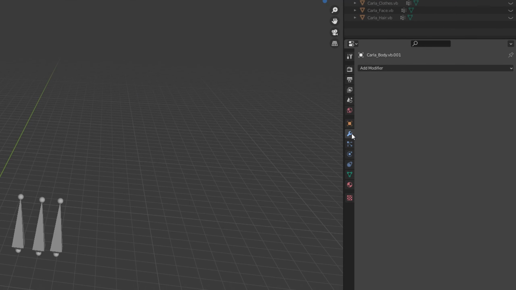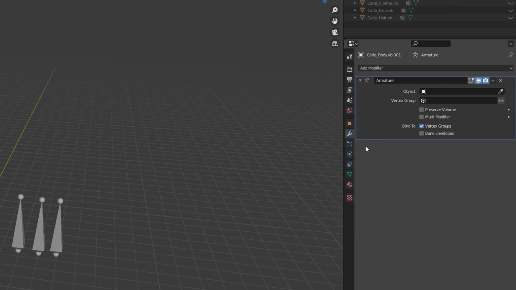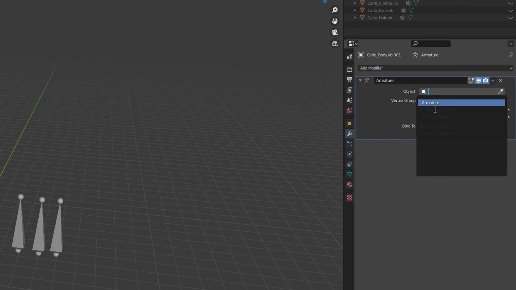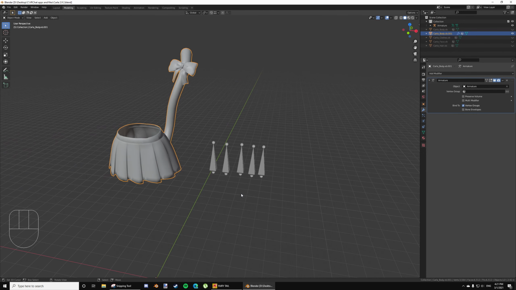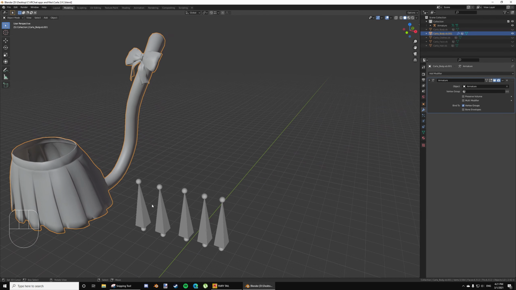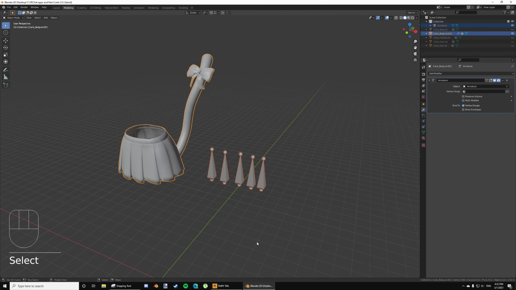We're going to go to the modifier tab, and we're just going to add an armature deform. We're just going to hit armature right here. So now these two things are linked together, just like a normal model should be. This will allow us to weight paint normally. So we're just going to click on the armature, shift click onto the mesh here, and we're going to go